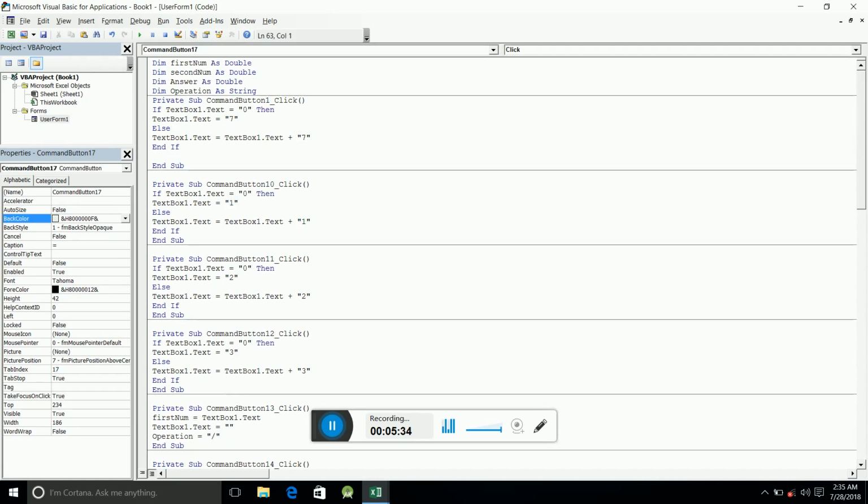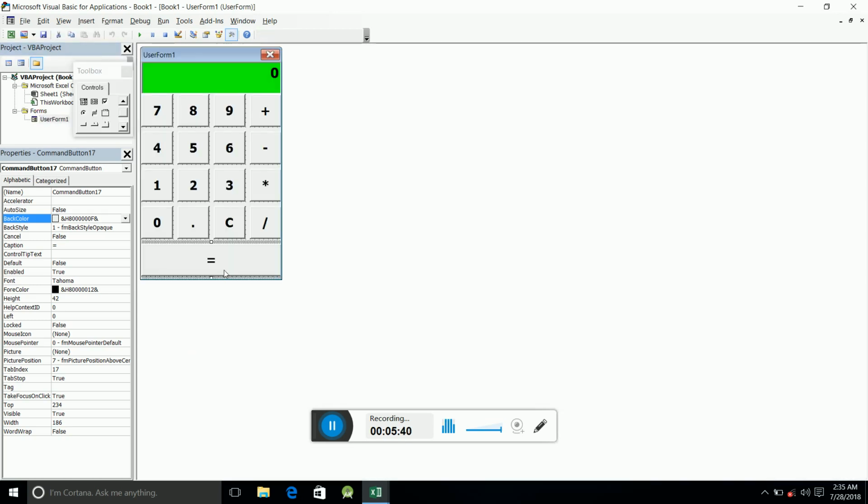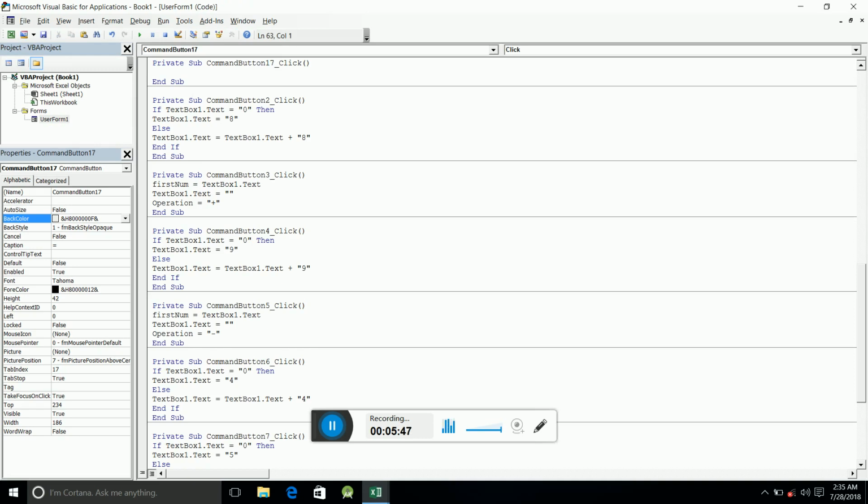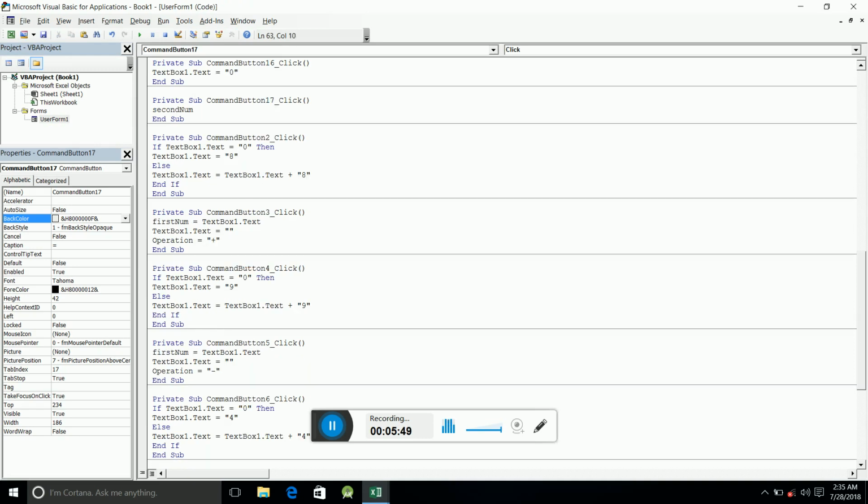Now in the equal sign, there's one thing we said is second num. Just copy the second num. That's what we're going to be using from. So double click on the equal button, and add this one there, which is going to be first second num is equal to having text box